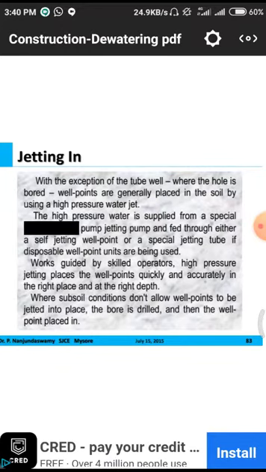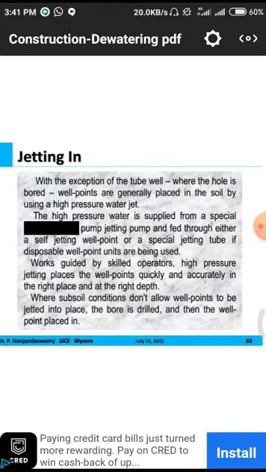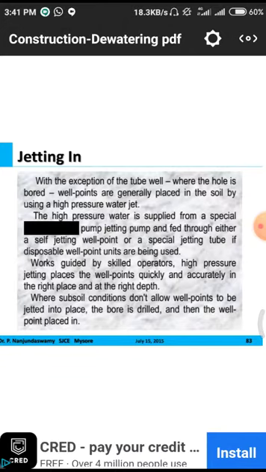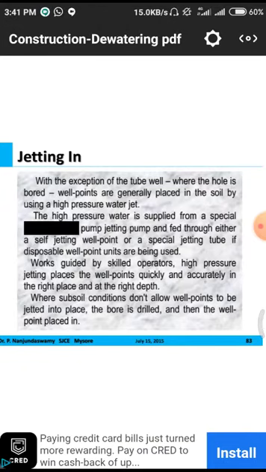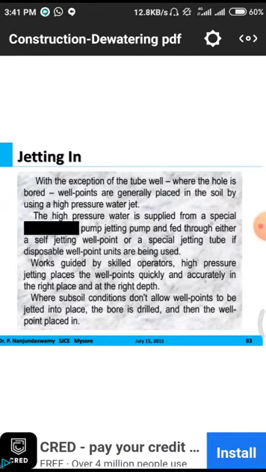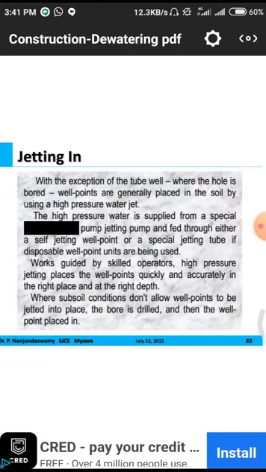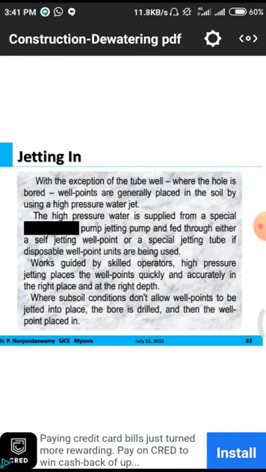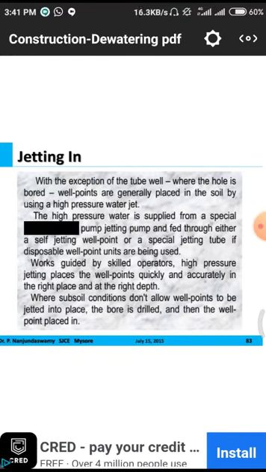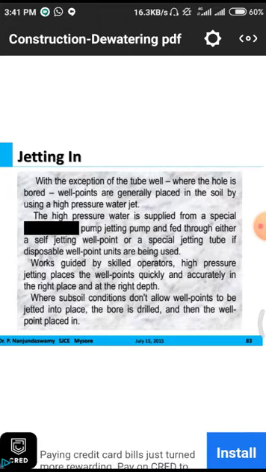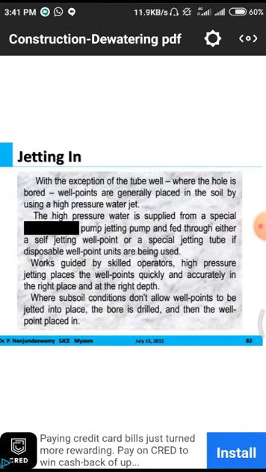Why? Because some persons with a lack of knowledge simply install and put the pipes, and maybe there is no water flowing. Why? Because they are not putting the pipes at a proper depth, and the motor will not collect the water efficiently. So we have to observe. The observations we have to make are: what is the depth of the pipe, what is the water table depth, and whether it is effluent or not. All those things we have to observe.